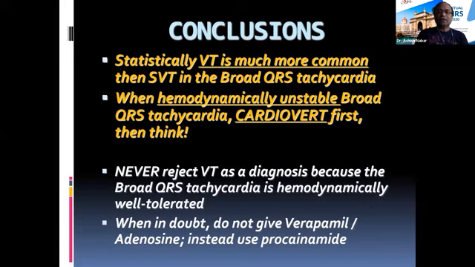Once again, whenever you have a doubt in a wide QRS tachycardia, don't use verapamil or adenosine because the patients can crash with this. It is better to use procainamide if you have any doubt. We don't have that. So we'll end up using either amiodarone if the patient is hemodynamically stable, or attempting cardioversion if the patient is hemodynamically unstable. That's a fair strategy in an emergency setting. But you will need to take a call at some point later whether it was a VT or SVT, because there is a world of difference in the treatment.